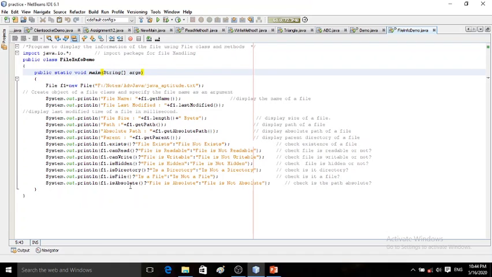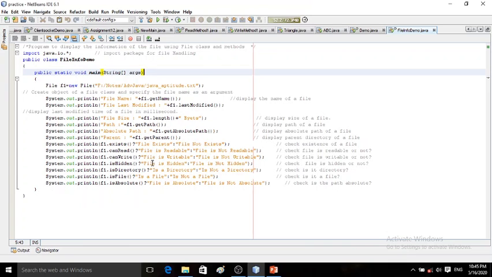System.out.println f1.isAbsolute. In this method, it will check whether the path associated with our file object is an absolute path or not. If it is an absolute path, the result will be "file is absolute". Otherwise, "file is not absolute" as a result. Here we are not using any directory method. For that we will see separate code. I will explain that at the time of demo. So only the file related methods we are taking here in this file info demo.